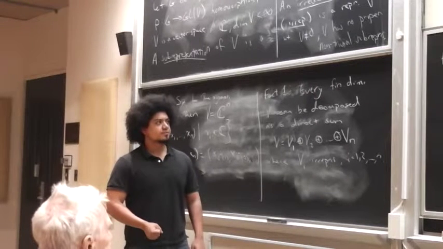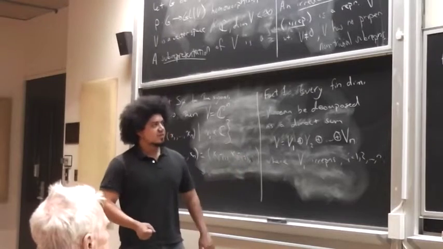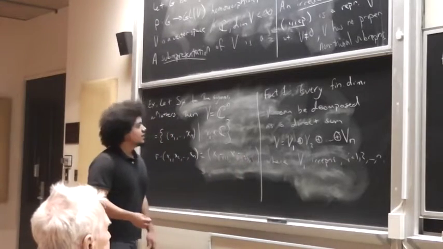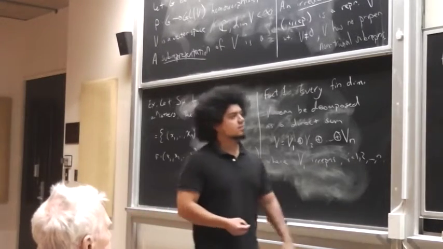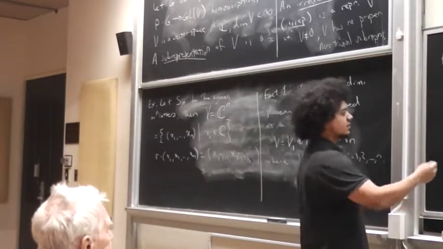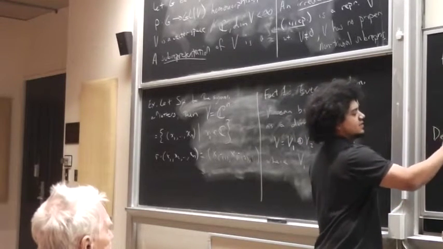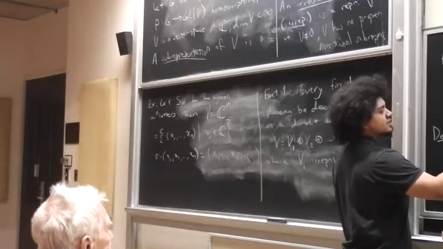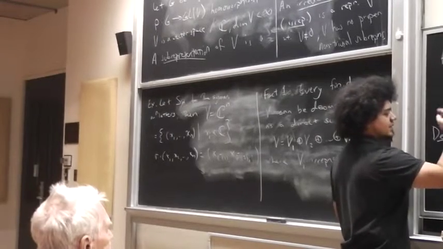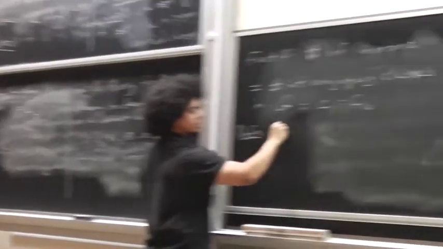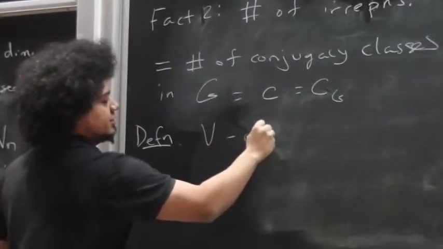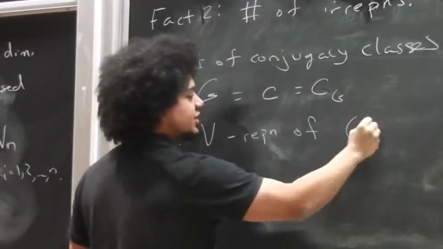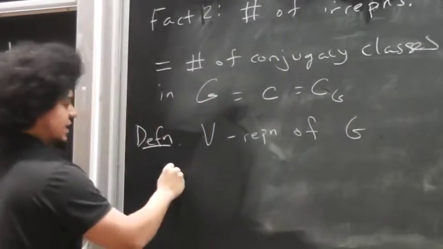Great. So these two facts will be very useful in talking about characters. So let's define characters. This is important. So V is a representation of the finite group G. Then a character